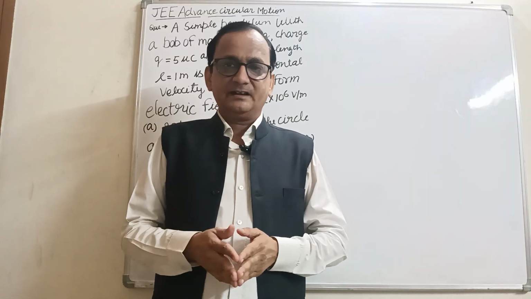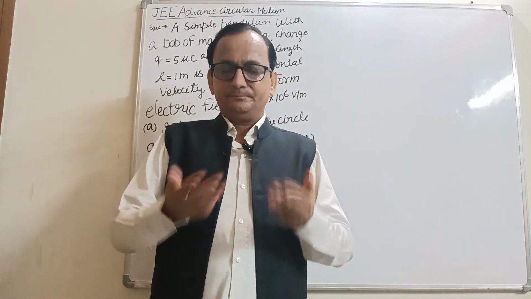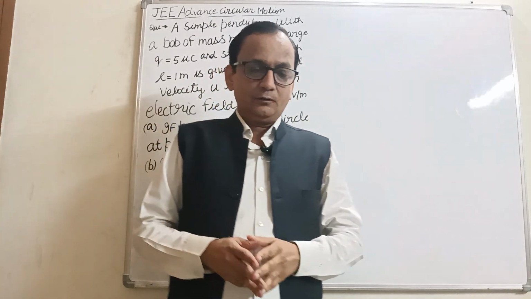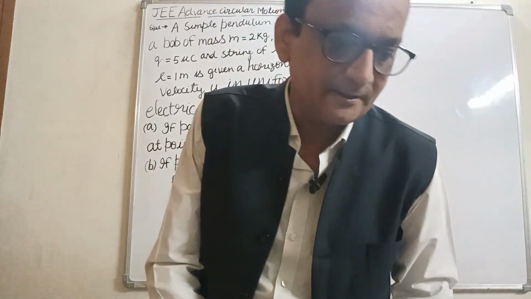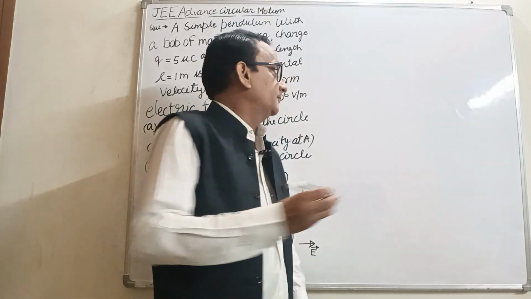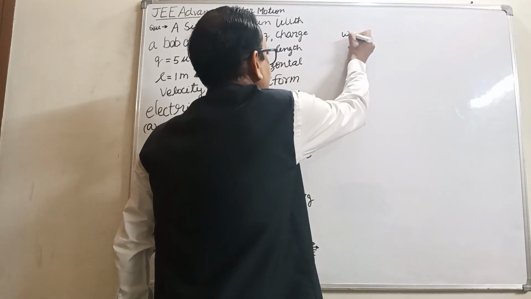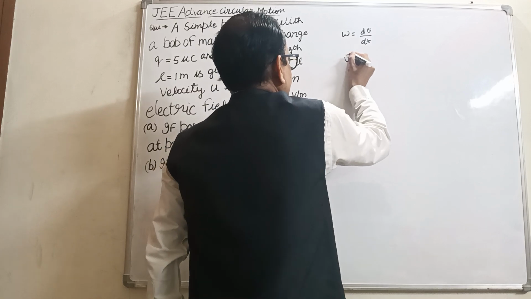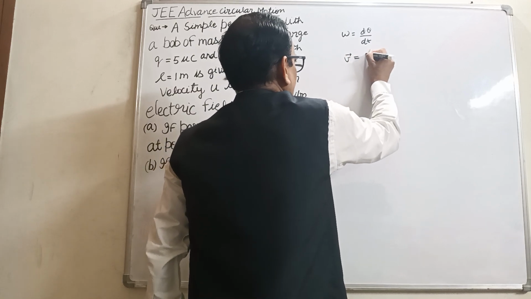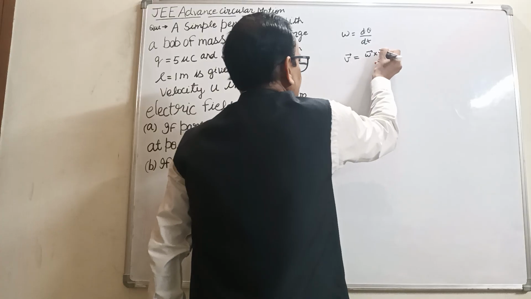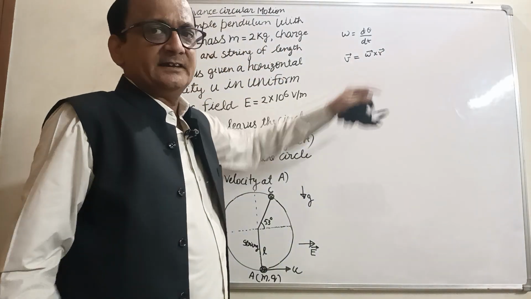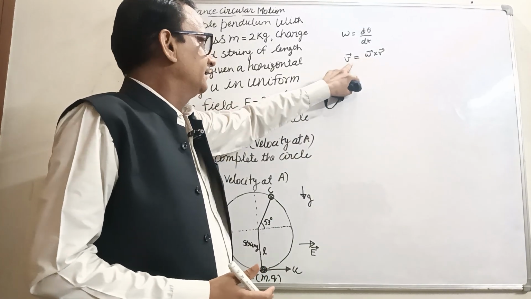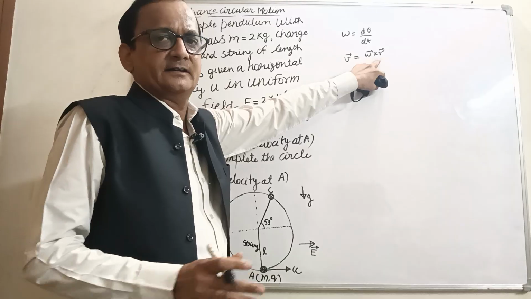We further discuss here what angular speed and angular velocity are. Angular velocity is the rate of change of angular displacement. We write here the tangential velocity, which would be omega vector cross r vector. This is the representation of the velocity. This is angular velocity, and this is the radius vector.